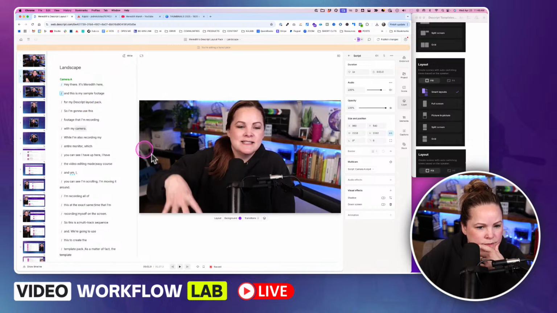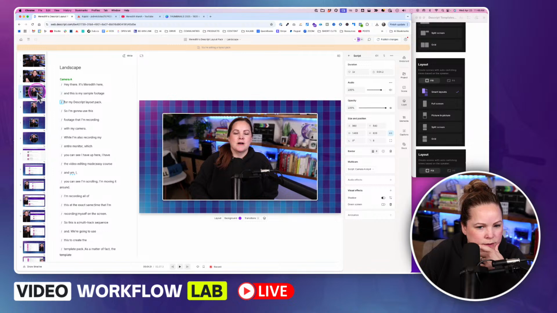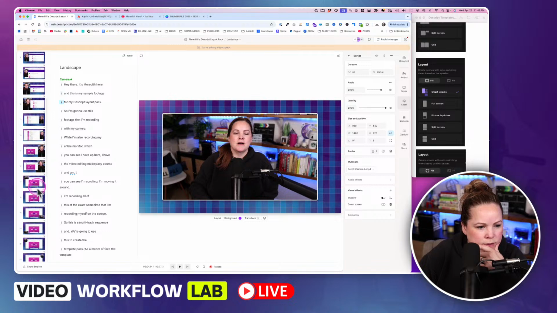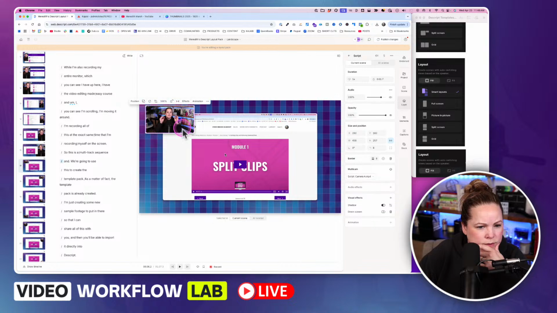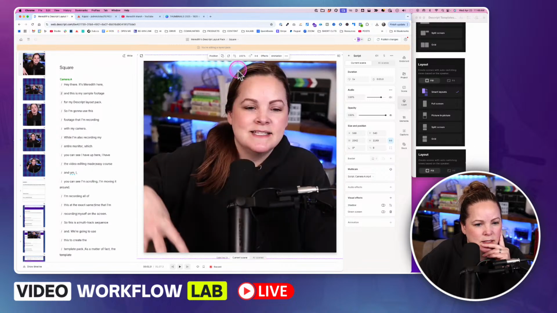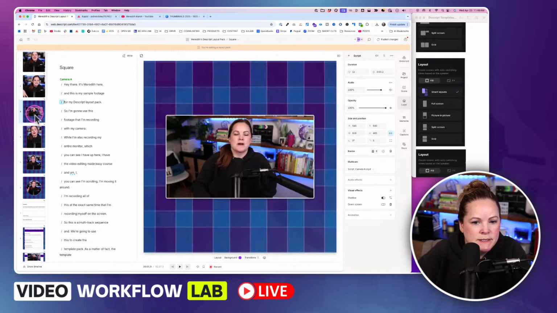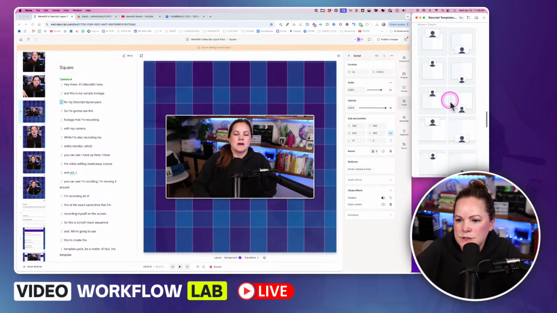Which one of these was, was it this one? One of these was off, like the frame was off when I moved it over to portrait. And I should have fixed it right when I thought about it, but I didn't. Okay, no big deal. All right, so back to our